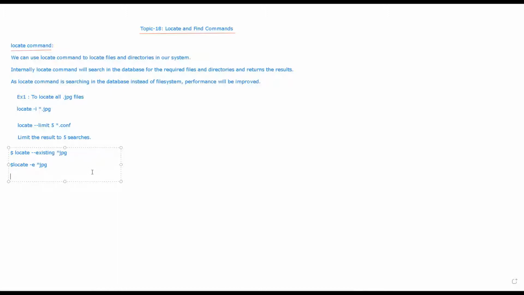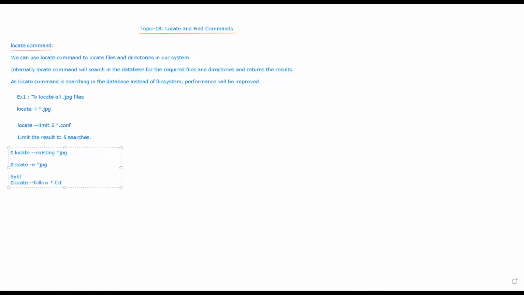So in order to locate such files, you should use the follow option, right? You can type follow star.txt, if this star.txt is a symbolic file.